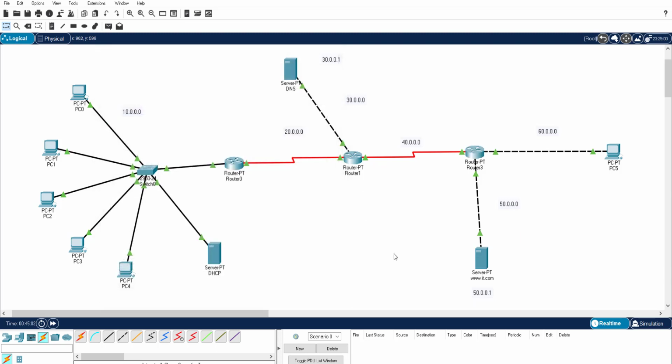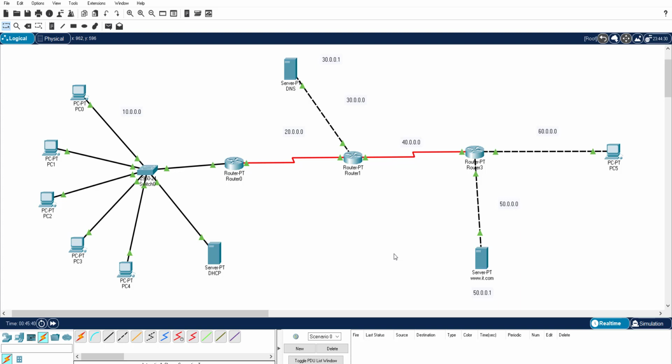Now almost all 5 things we have completed here: configuring DHCP, DNS, the web server, and then the RIP protocol. So everything is configured, 5 different steps completed. First step, we started with designing the IP addresses. Second step, we assigned the IP addresses. Third step, we configured the web server. The fourth, DNS. Then the fifth one is the RIP protocol. With the first step of assigning IP addresses itself, we have done the DHCP. So these are the 5 steps we completed here.